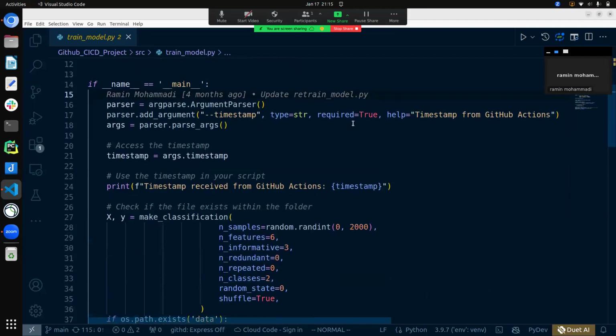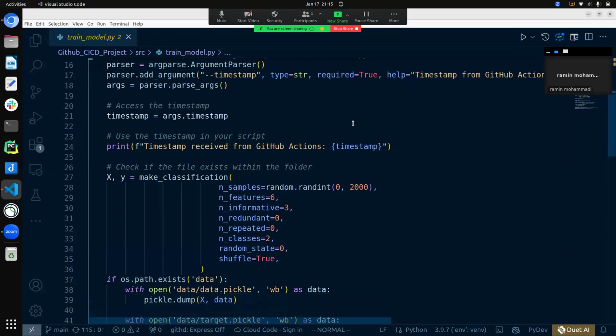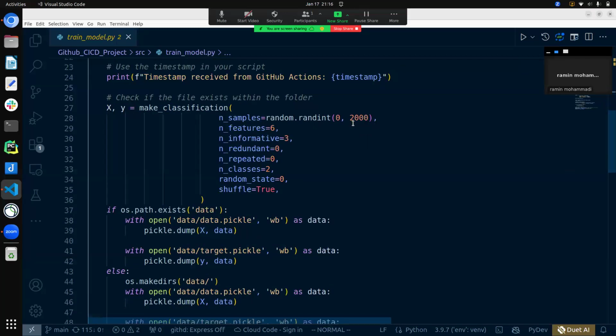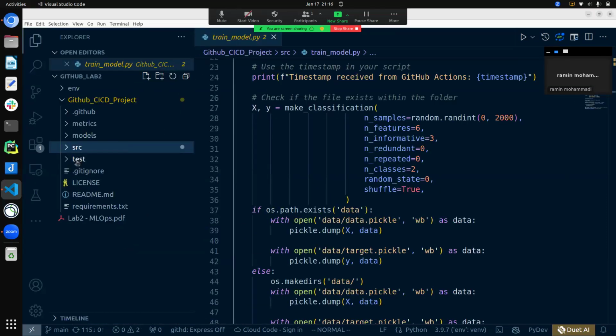Okay. The rest of the work, I'm just going to quickly go over it. Every time this model train code is called, it simply creates some synthetic data using scikit-learn. I'm just calling this function and saying, hey, give me 2000 data points, something between 0 and 2000, and that's it. I just create some fake data, right? And then I check, do I have a folder for data in my folder structure here? So do I have data? No, there is no data, right? So what it does basically,